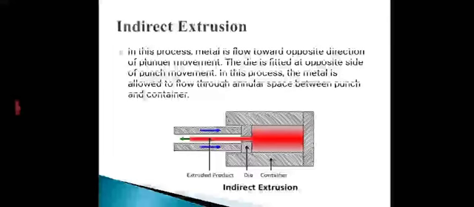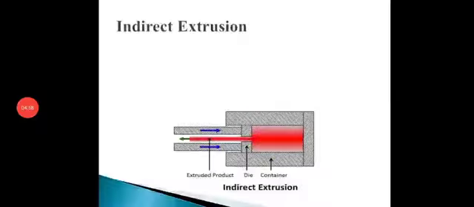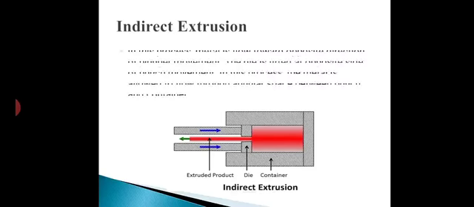In the indirect extrusion process, friction at the die only requires a roughly constant process. There is no relative movement at the container wall. As you see in the figure, the billet is at the hollow part or the end of the ram, where the billet is passed through the piston or inside the piston, as you see in the figure. In indirect extrusion, the hollow ram has limits to apply the load on the billet.